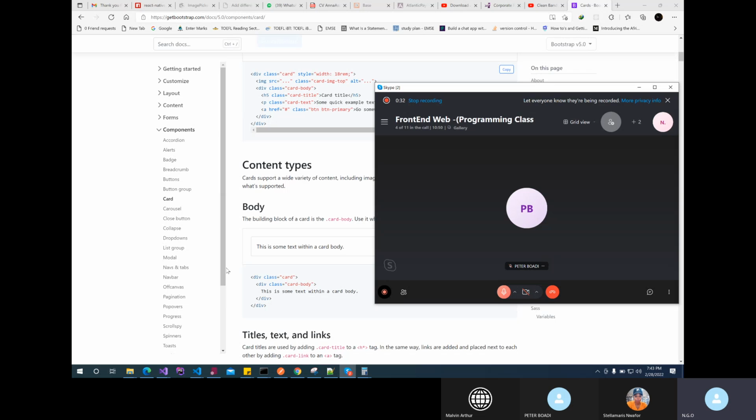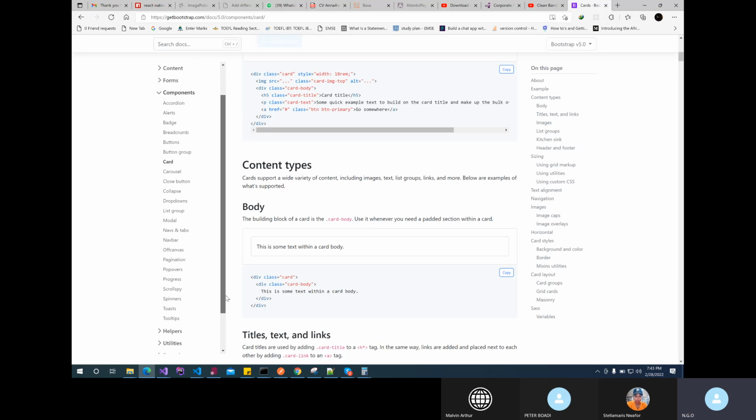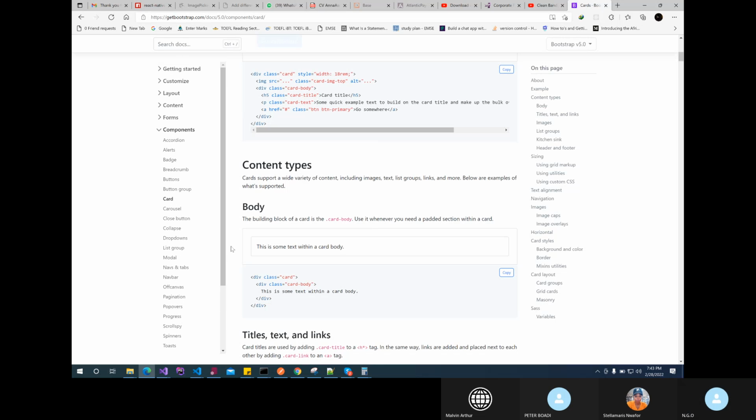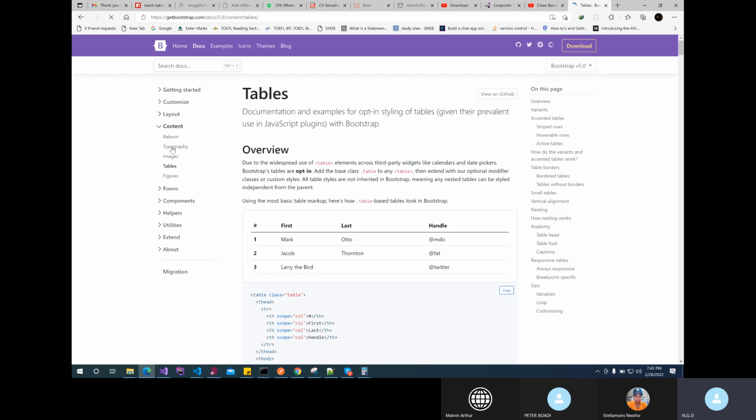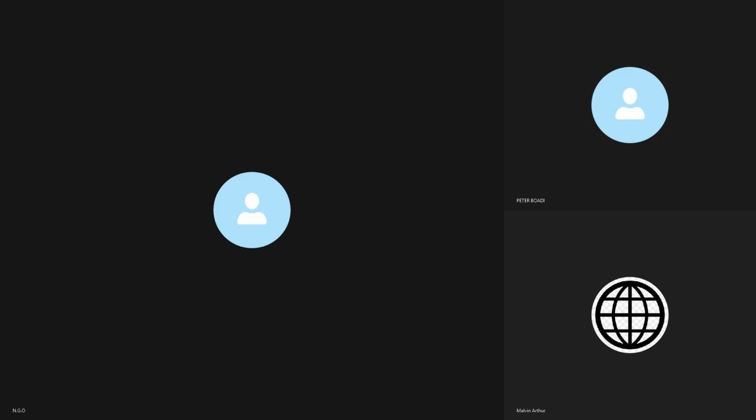And as you already know, Bootstrap makes our job very, very easy. Without writing anything, we can just have a nice table. So as you already know, if you want to have a table, let's go into code mode. Let me set up our